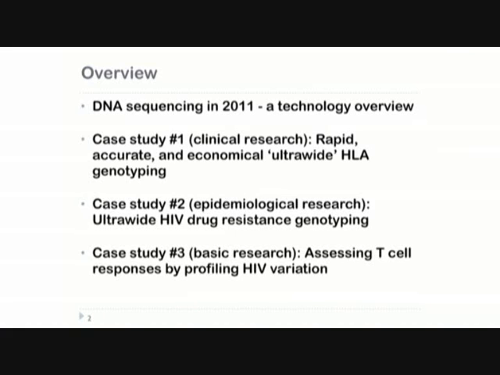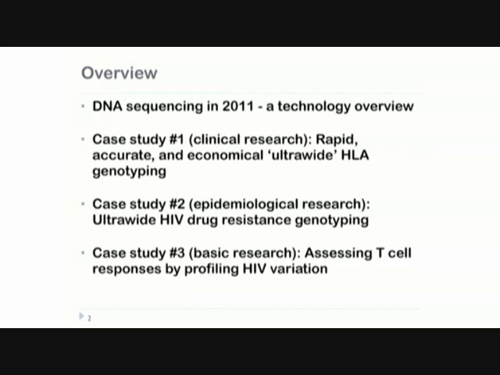And it's really interesting to me, when I put this talk together, to see how the landscape has been changing from the first time I talked about sequencing 2 years ago to the talk that I'm going to tell you about today. I've also learned through giving these talks at this meeting before that there's a wide diversity of viewpoints and occupations represented. And so instead of talking just about some of the basic science work that we've been doing with next generation sequencing, I'm going to break up my talk today into an introduction to DNA sequencing as